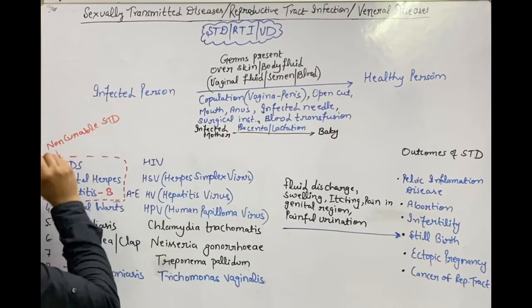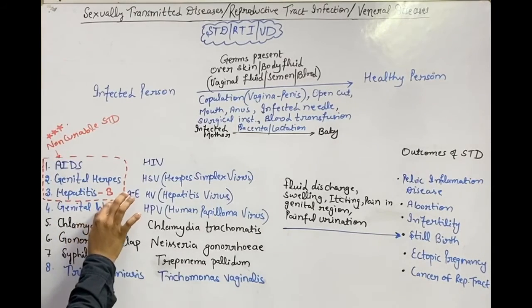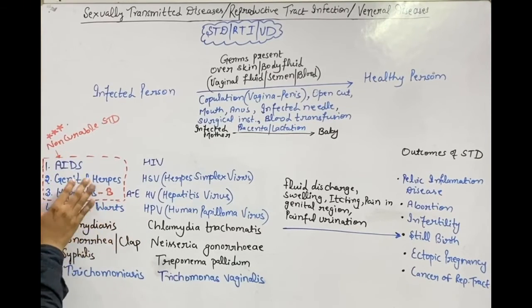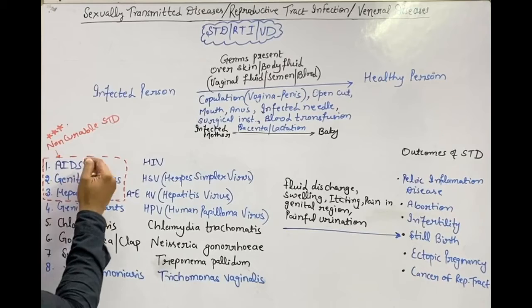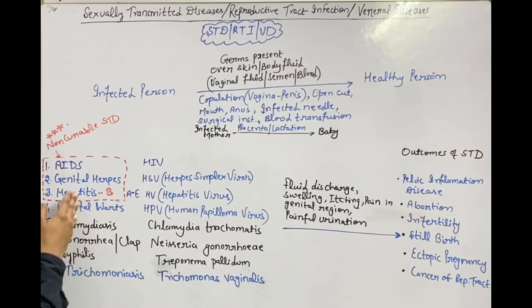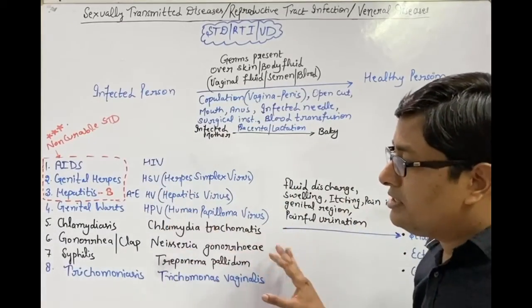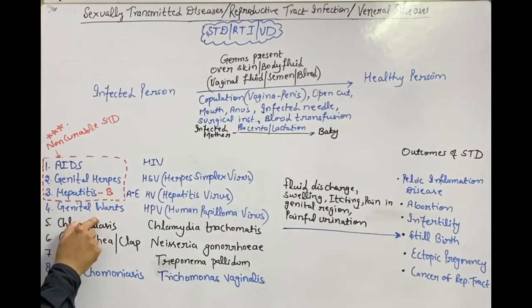It is very important for the NEET. This question has already been asked in the NEET, and it can also be asked like this: which of the following is not an example of a non-curable disease? Along with these three, any of these diseases can be included in the options. It has already been mentioned in the NCERT, so it is very important for the NEET. AIDS, genital herpes, hepatitis B, and genital warts are viral diseases, caused by viruses.